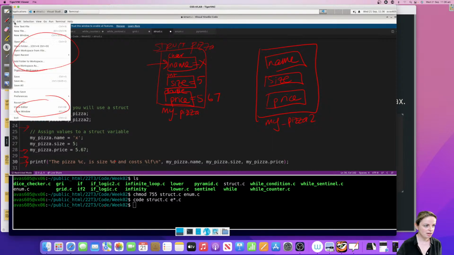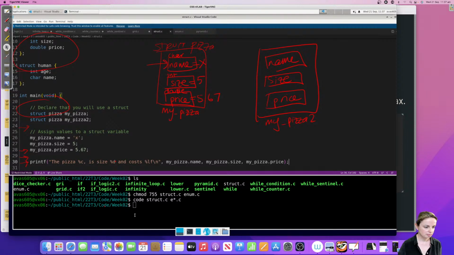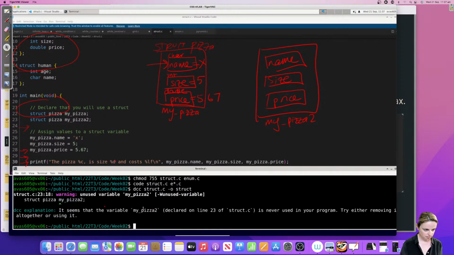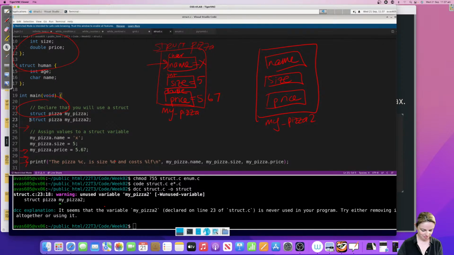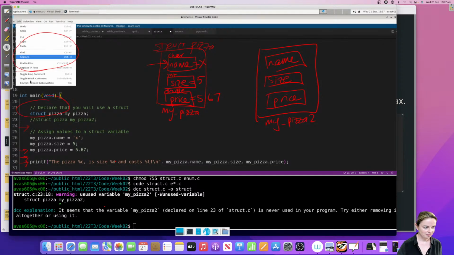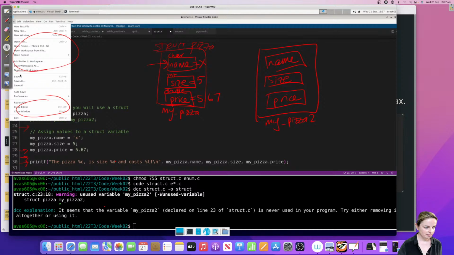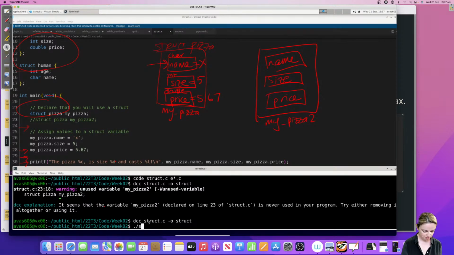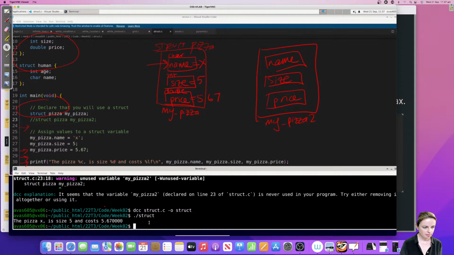Okay, so then if you run it, it's going to say the pizza X is size 5 and costs 5.67.